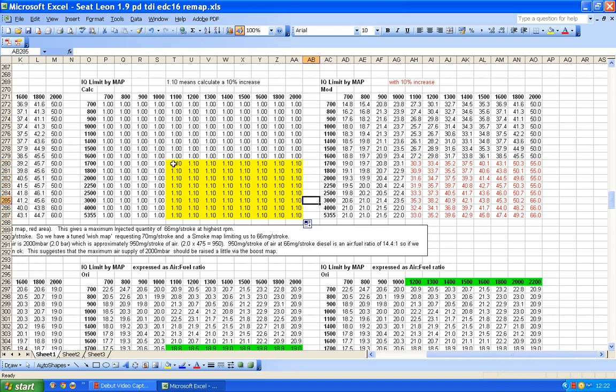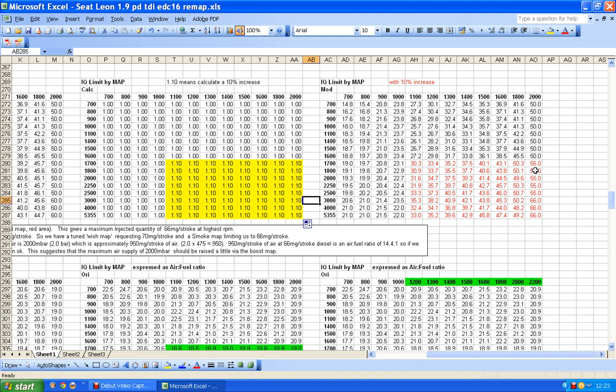Now obviously this gives me the ability to change these by any amounts I like. So I could go for 1.08, 1.09, 1.10. In other words, I could have a slow build up if I wanted, or I could have slightly bigger figures in one corner here just to see what happens. At the moment I'm just using a 10% block because this is only an example, but you could do this and then modify it afterwards to fine-tune whatever changes you'd made to your maps.